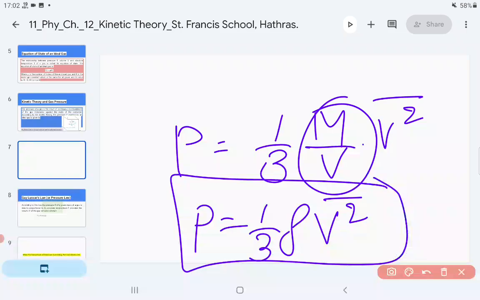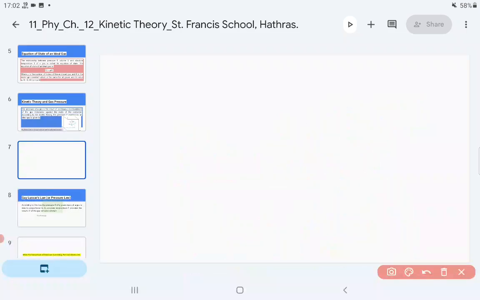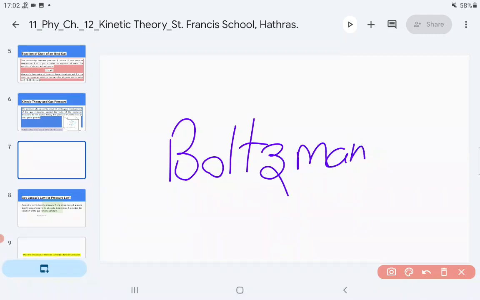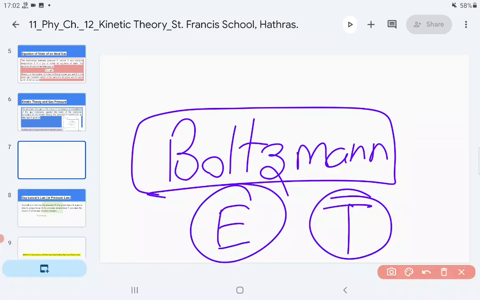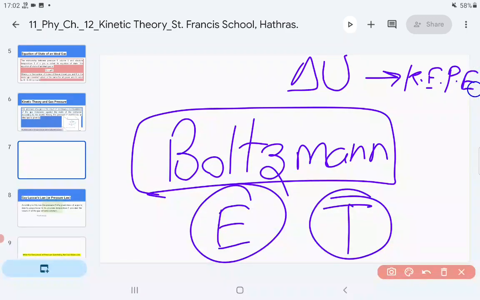Now we should move ahead. What is the kinetic interpretation of temperature? Actually, Maxwell and Boltzmann related how much energy is possessed by the gas and how it is related to the temperature of the gas. Till now you have studied that a gas has some internal energy, and it is due to the kinetic and potential energy of the molecules. So here we are going to study how the internal energy depends on temperature. Here we are doing a microscopic study. Okay, so we should move ahead.